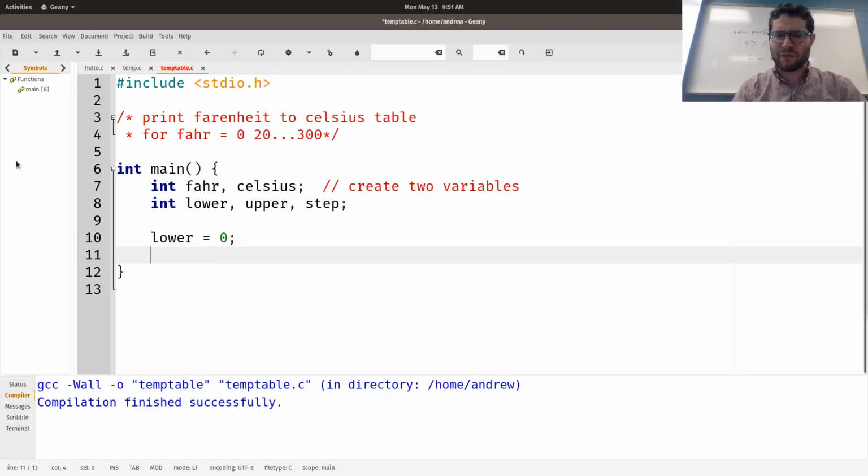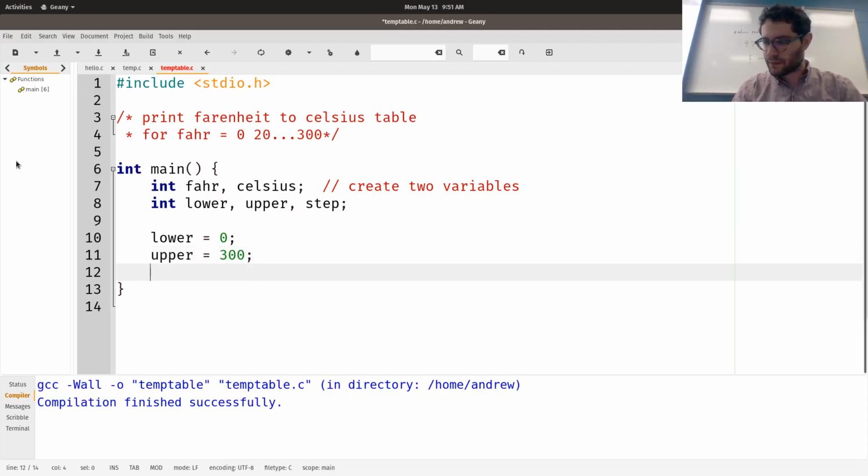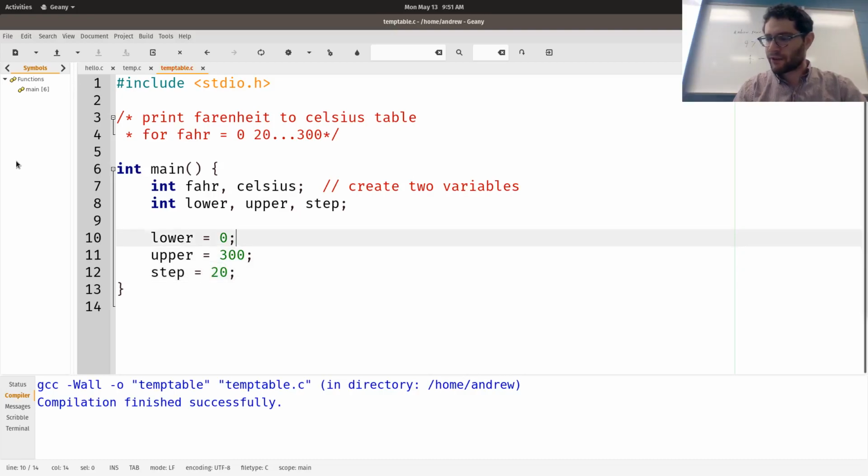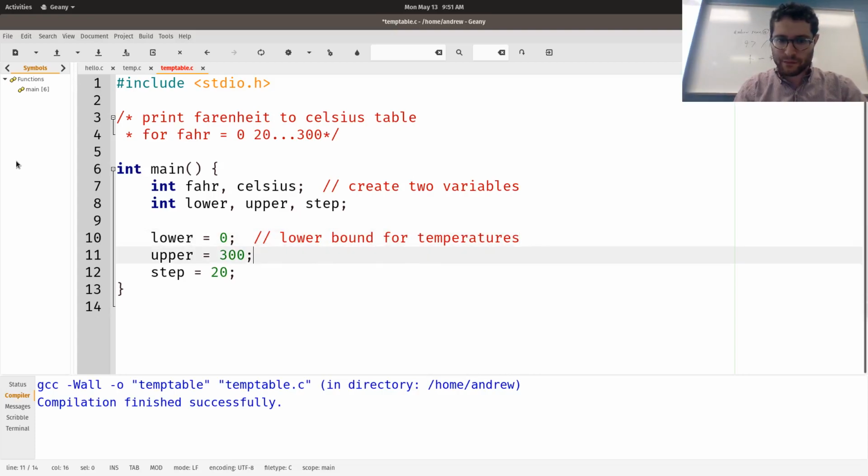I want to start from the lower bound of 0 degrees and go to an upper bound of 300 degrees, and I want to go up by a step size of 20. Lower bound for temperatures, upper bound for temps.